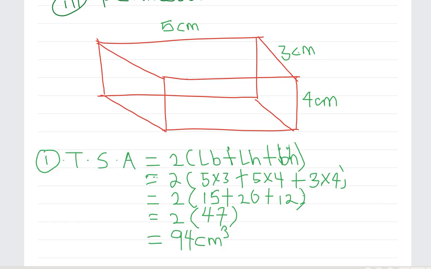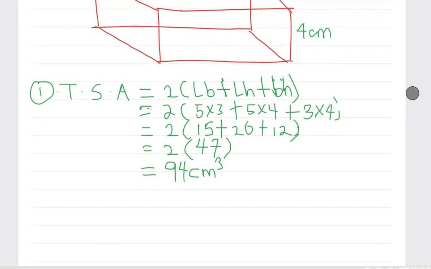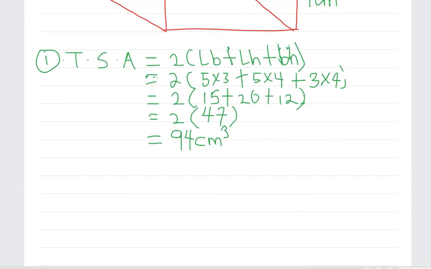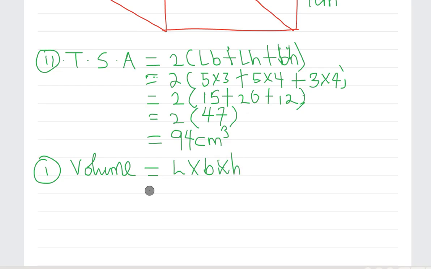What will be the volume? The volume is just the length times the breadth times the height. So this is number 2, the total surface area, and number 1 is the volume. Sorry about that. The volume is length times breadth times height, and that will give us,